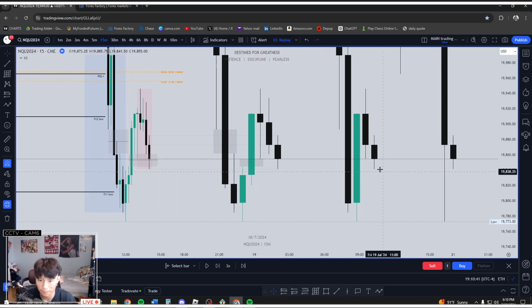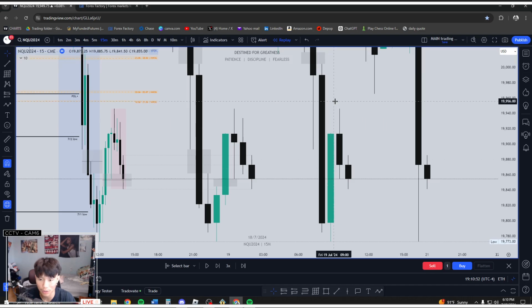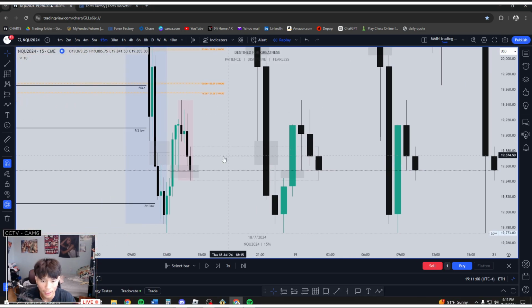So just based on this 30-minute candle here, we can anticipate for us to take this 30-minute low and for us to rebalance this 30-minute fair value gap. And you can even tell based on this hourly candle as well. So the hourly power of 3 here, we can anticipate for this hourly power of 3 to take out this hourly low. And it aligns with the 15-minute power of 3 as well. So, understanding that narrative,